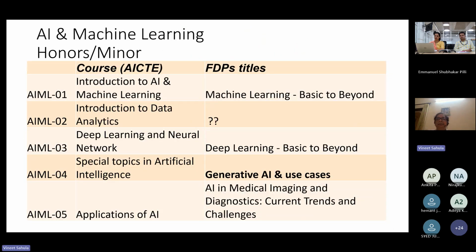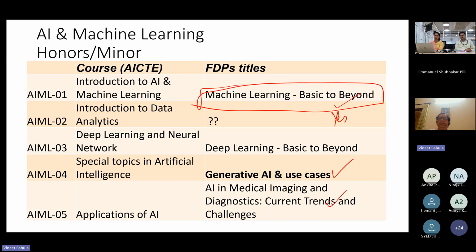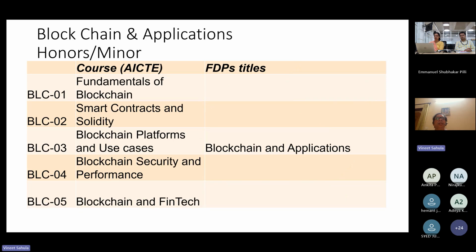For AI machine learning, we are just starting one of the programs today itself, and we'll offer some of them in due course of time. This started either today or yesterday. So even if you have missed it, or some of your colleagues have missed even one day, you can convey to them that we'll try to adjust and bring them on board for the rest of the 19 days or 9 days. Blockchain we are offering starting from the 13th May.